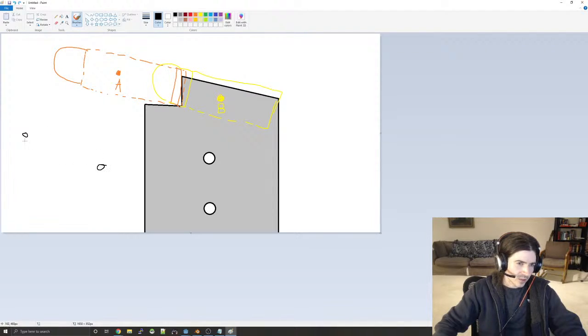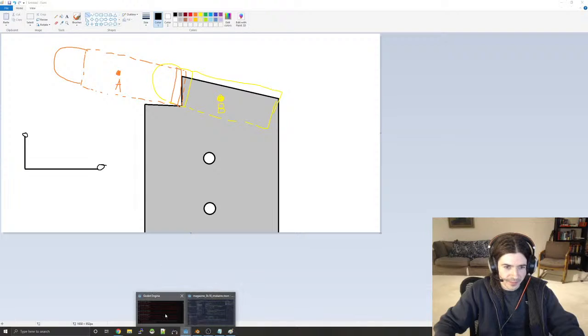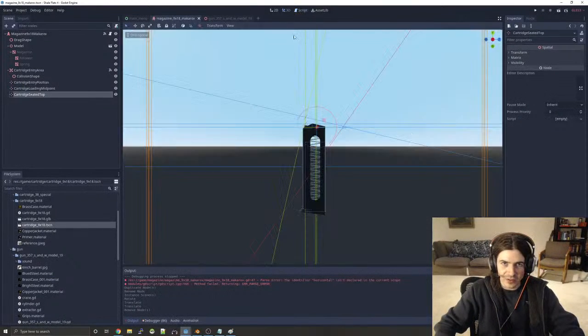So for 1 unit over in the x direction in my picture here, how much do we fall in the y direction? And this is really easy because we know the numbers. We have them in our program. So if we look in Godot at these positions,